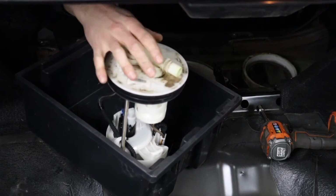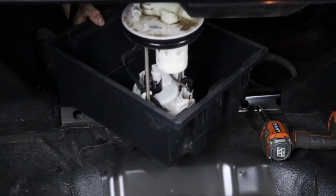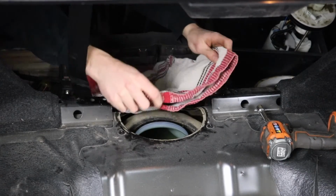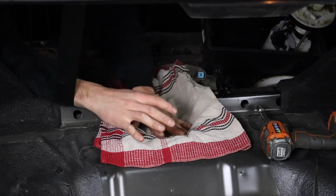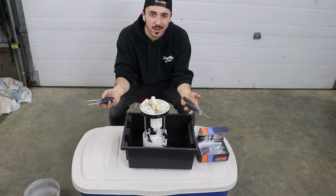Now this bin's gonna get full of gas, but we could take this out of the car and work on swapping the fuel pump out outside of the car. Other thing I suggest, while you have the whole fuel tank open, just get a rag and cover that up so you don't have dust flying into the fuel tank. So to take apart this whole fuel hanger assembly,